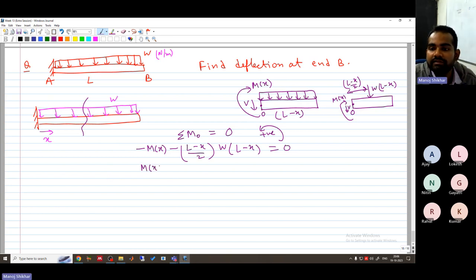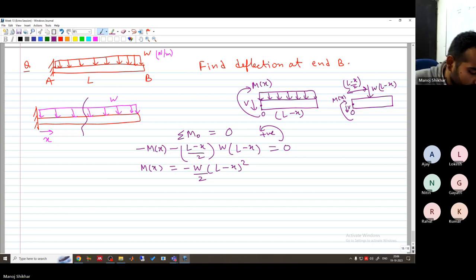From here we get Mx equal to minus W(L minus X) whole square upon 2. Now this is the trivial method, and then we can use